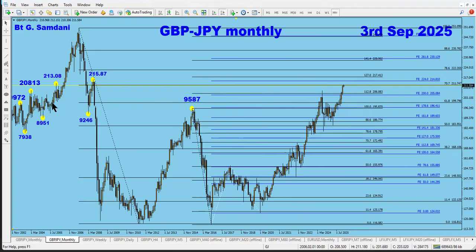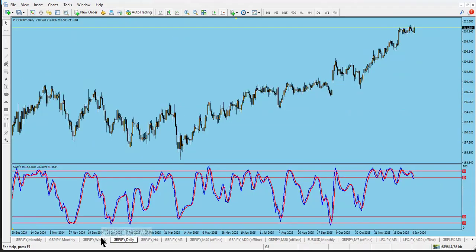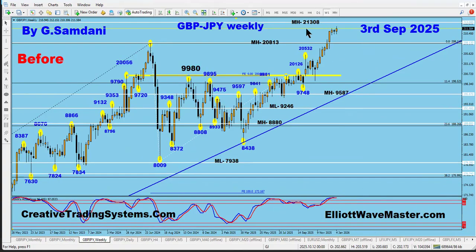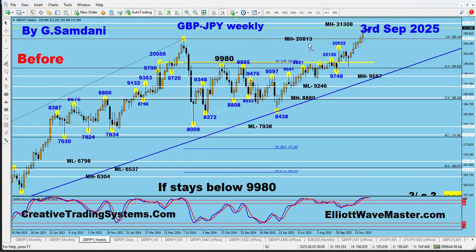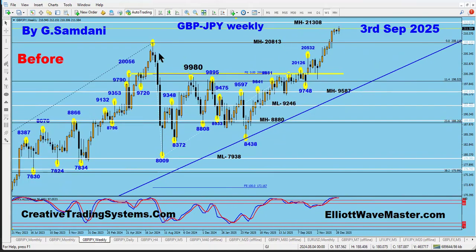So we are gone. Now the next number would be 213.08. Right now we are at 211.58. So more to the upside. The daily chart was not made. Yeah, 213.08 is right there. This is one of the weekly charts, right? And with the 40-minute,